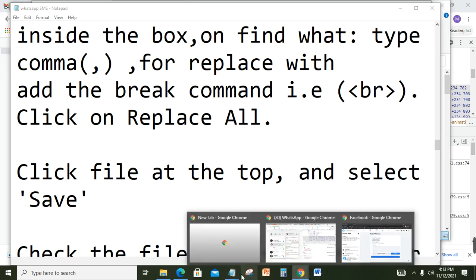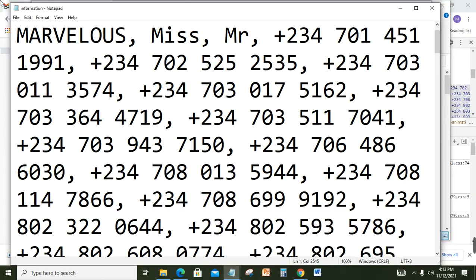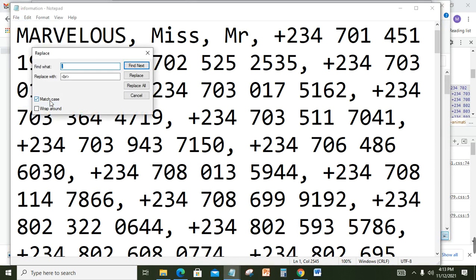So let's do that using what we already have. Go back to the notepad. Here is the notepad. The first thing is click on Edit, select Replace, or you can press Ctrl H. So in Find What, you add a comma on your keyboard, then in Replace with, you type